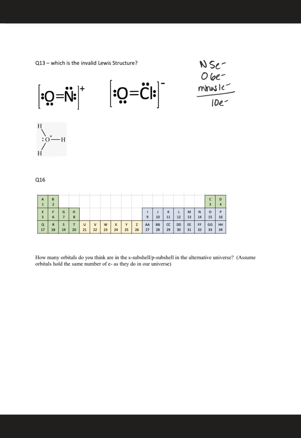Let's do the same thing with the next one. We've got chlorine. Chlorine would normally bring 7 electrons. Oxygen would normally bring 6 electrons, and we've got an extra,